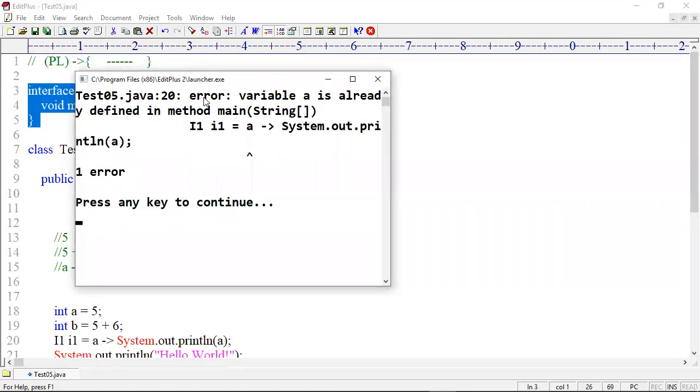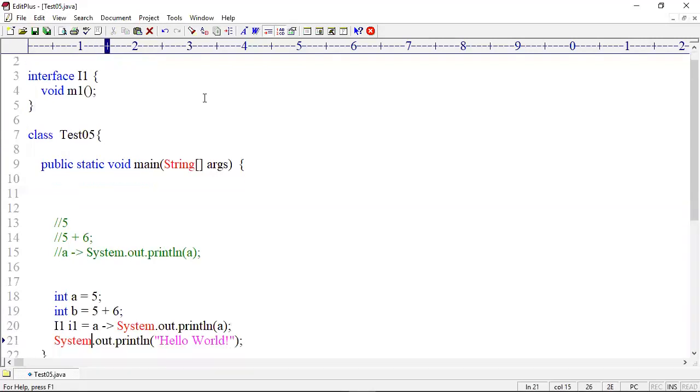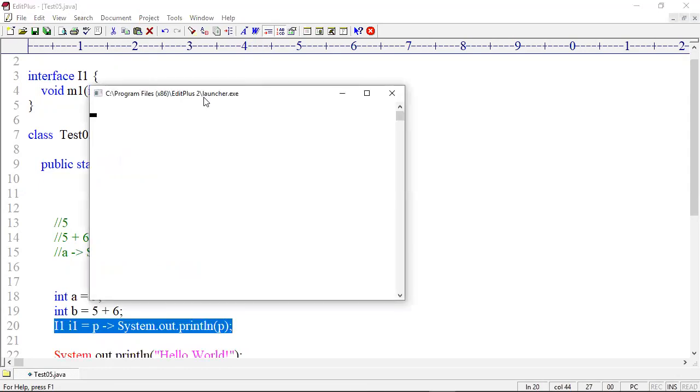Look at that, variable a is already defined. Where? Here, variable a is already there. Let me write here, no parameter. First, let me take some int x, int p, or whatever I'm writing. That p I'm mentioning here, p equal to p. And now look at that, is this line compiled or not? Yes. Everyone understand?